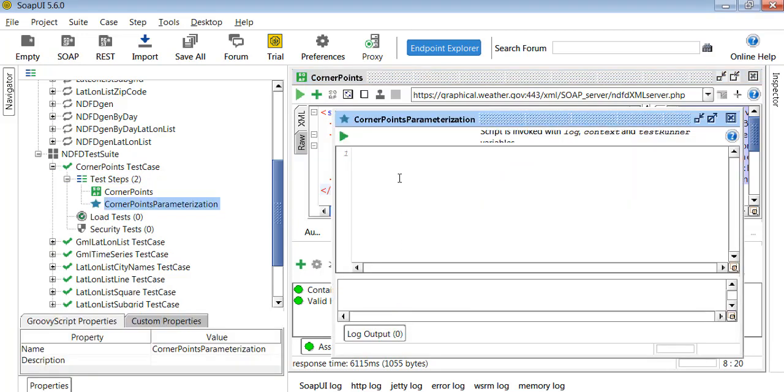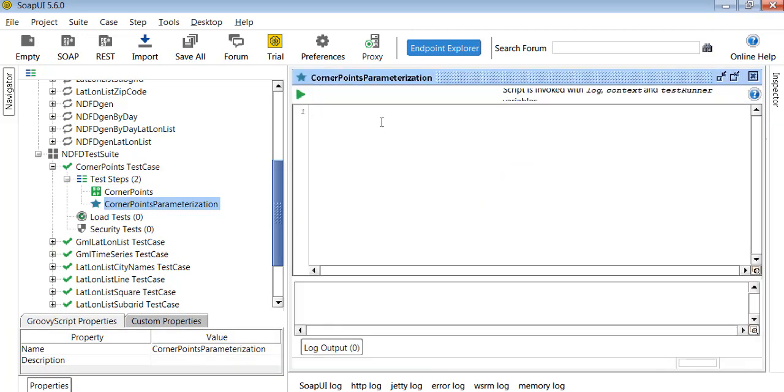Okay, we are creating a Groovy script now. Let's start getting into the logic. Now we're going to write the first line of the statement. Say def groovyUtils equal to new com.eviware.soapui.support.GroovyUtils, and we